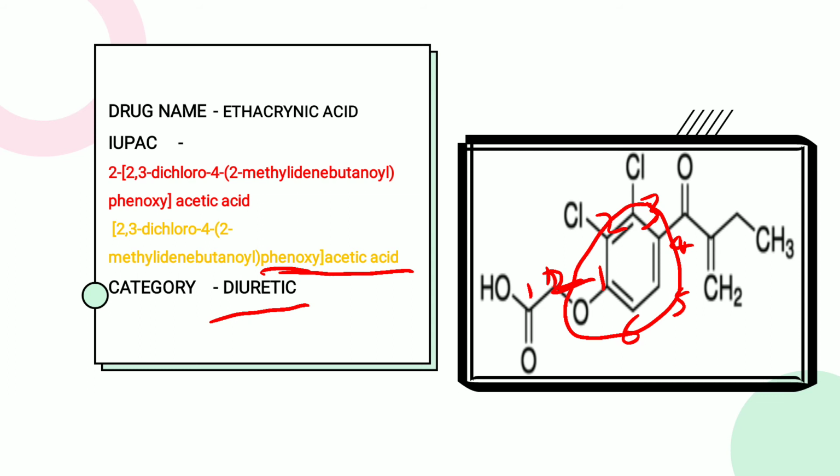So there are various substitutions. Again, on the fourth position there is a large ring, so we number it also. If we have 1 and 2 on the acetic acid, so we number the phenoxy ring as 1 dash, 2 dash, 3 dash, 4 dash, 5 dash or 6 dash. On the next ring, the numbering starts from this one. It is 1 double dash. We mention it here, then 2 double dash, 3 double dash and 4 double dash.